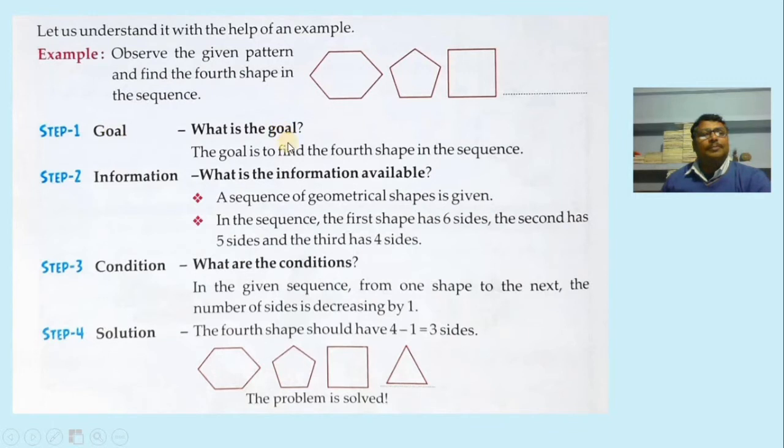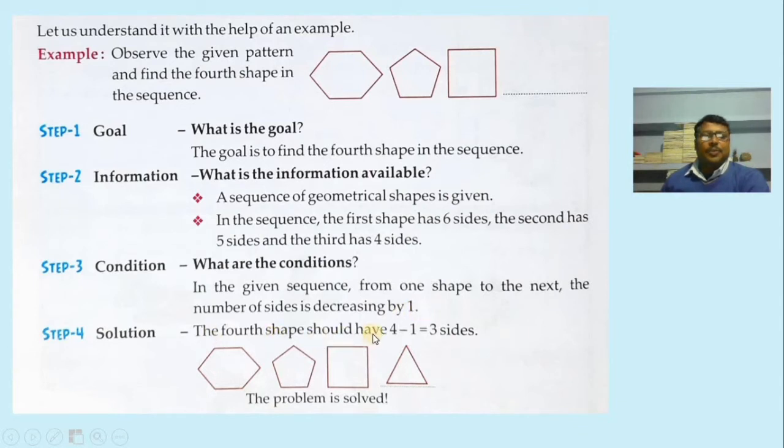What is the goal? The goal is to find the fourth step in the sequence. The information is available: the sequence of geometrical shapes is given here. In the sequence, the first shape has 6 sides, the second has 5 sides, and the third has 4 sides. So what is the condition? From one shape to the next, the number of sides is decreasing by 1.